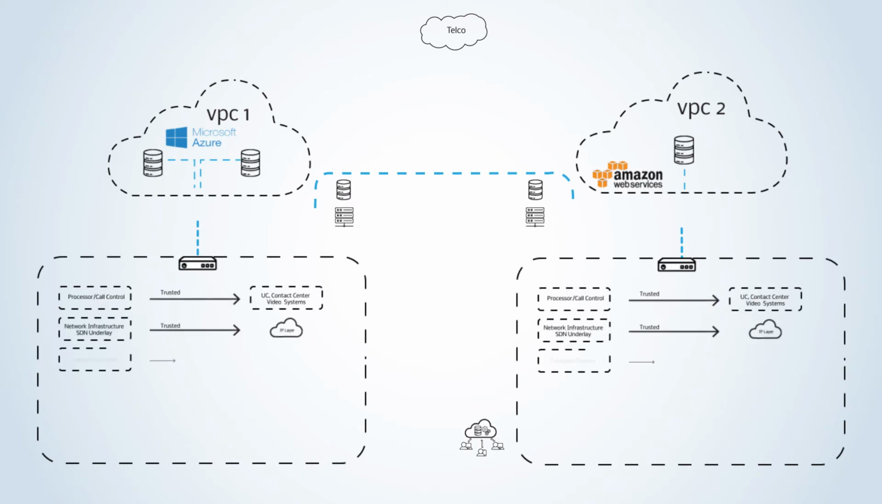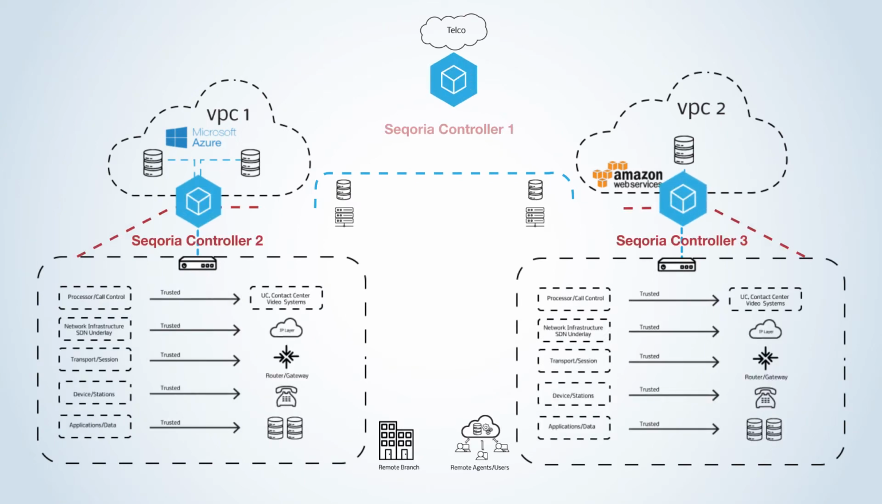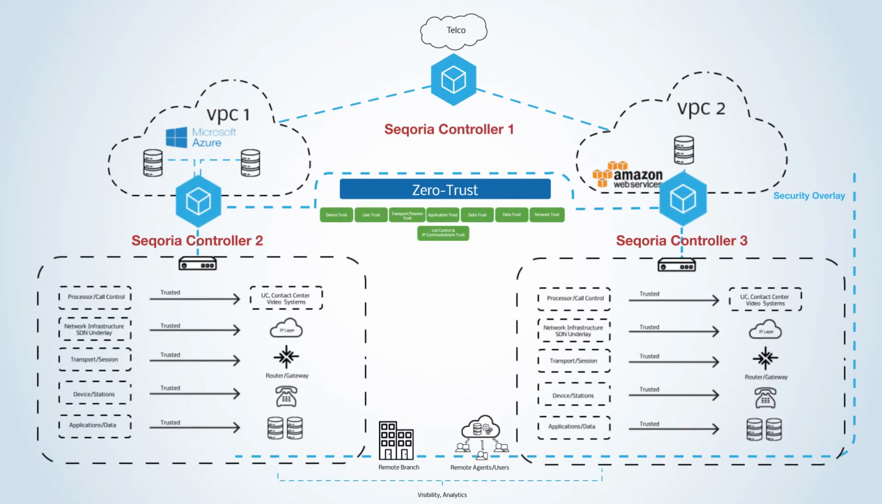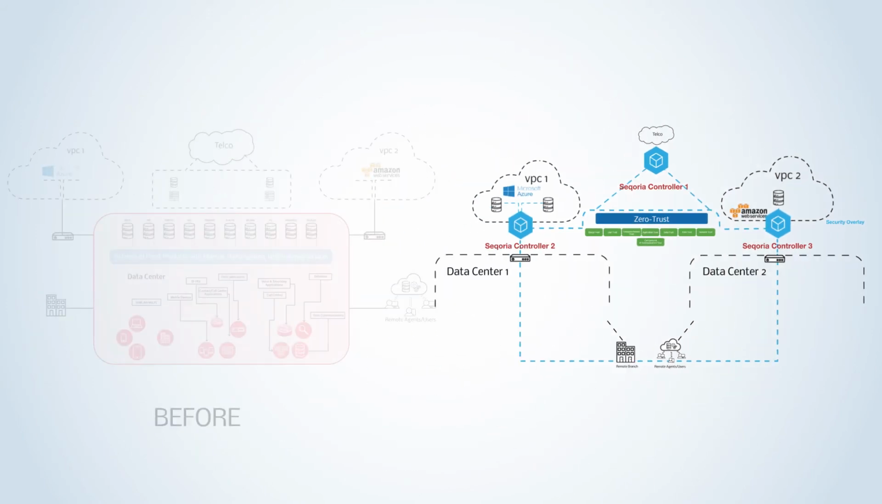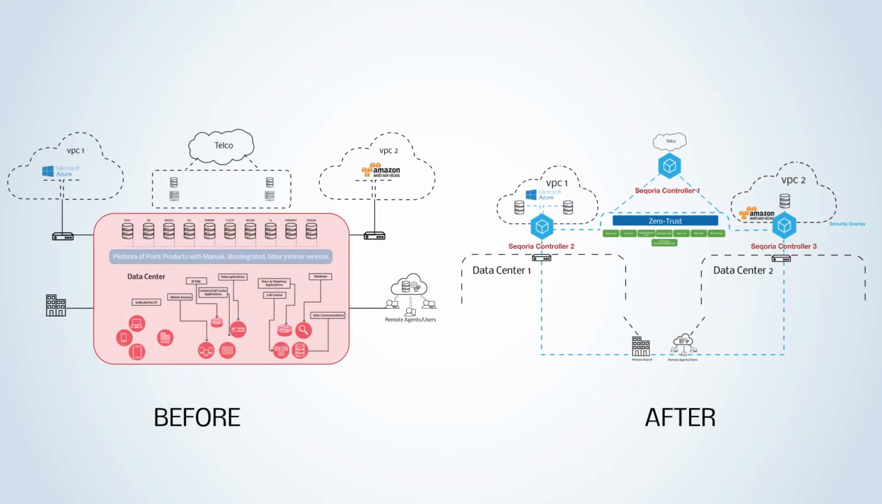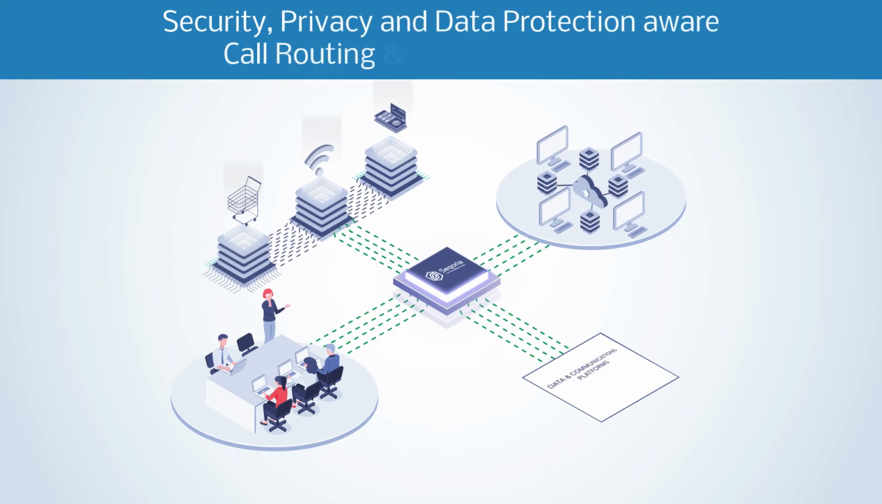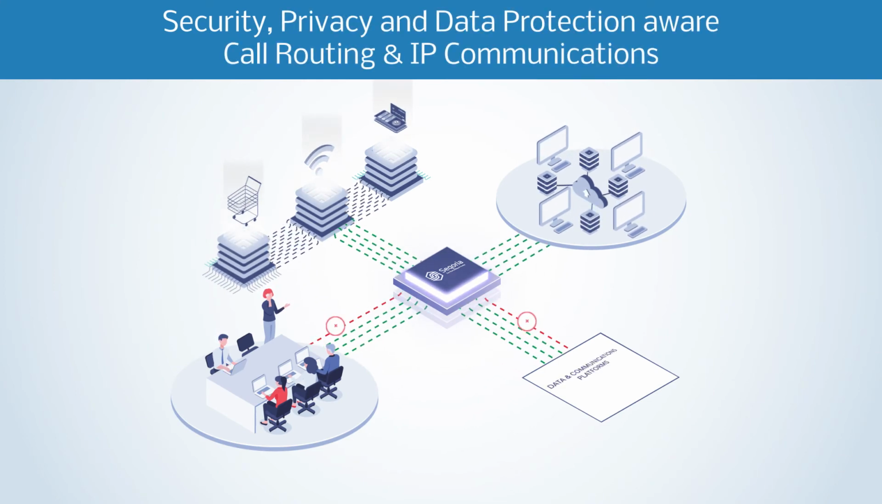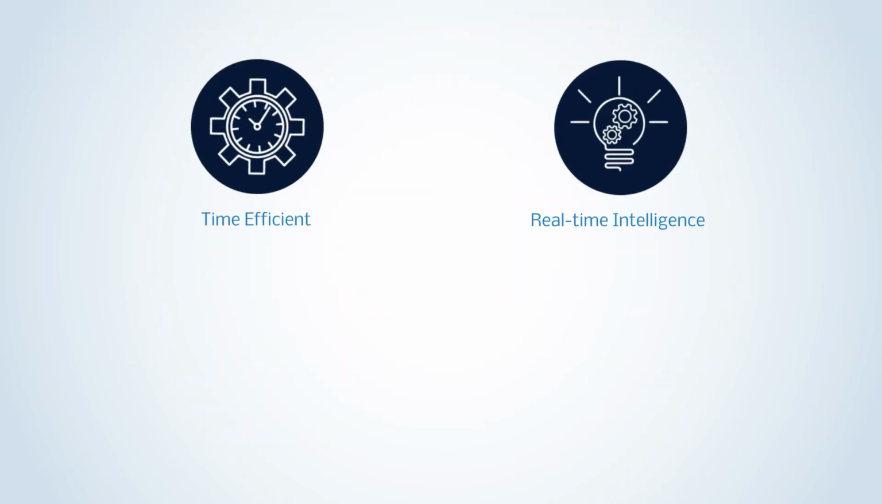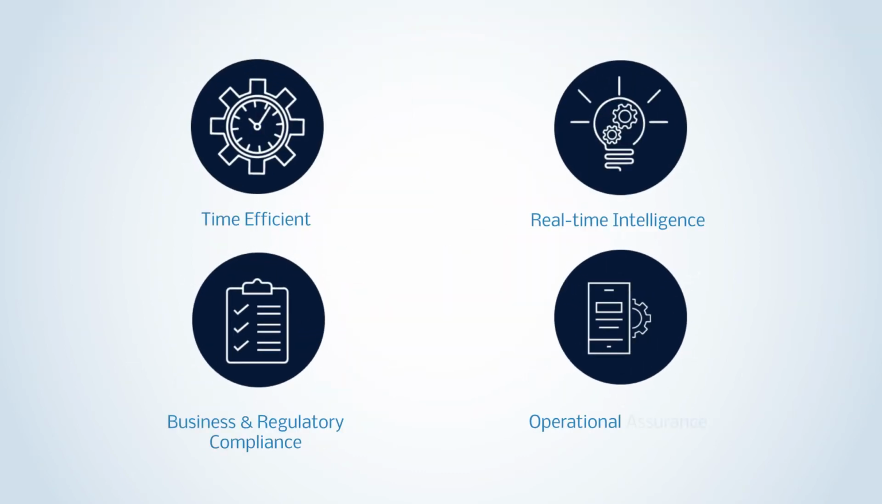Congratulations! Seqoria Intelligent Overlay has been created. Seqoria ensures ubiquitous security, independent of network underlays, vendors, or architecture. Seqoria also introduces the industry's first-ever security-aware call routing and IP communications, time-efficient, real-time intelligence for business, regulatory, and operational